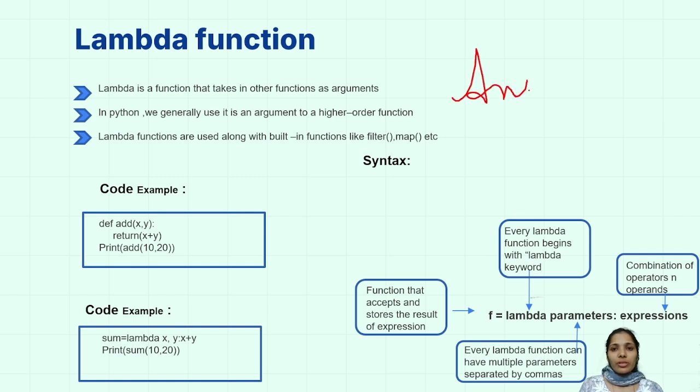This lambda function is an anonymous function. Anonymous means it's an unknown function, which helps us write our code in a shorter form. Now for example, you could see here,